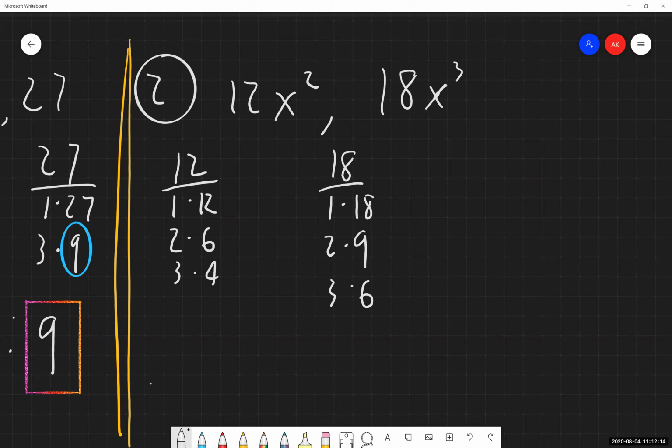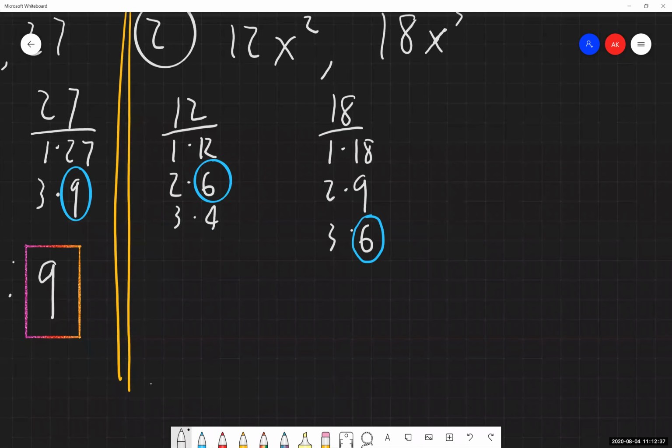And as I'm looking down the left-hand side of both of these columns and then looking up on the right-hand side, we're seeing the numbers are increasing. So counting kind of about like this. That's the way I'm looking at these things. And I'm seeing the greatest common factor numerically is 6. So part of my greatest common factor is 6. So I have the number part taken care of.